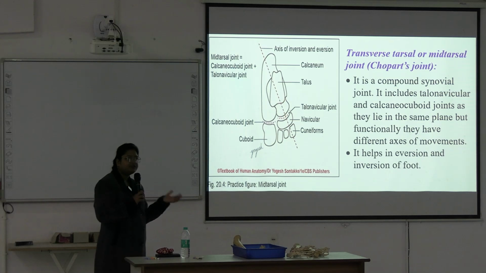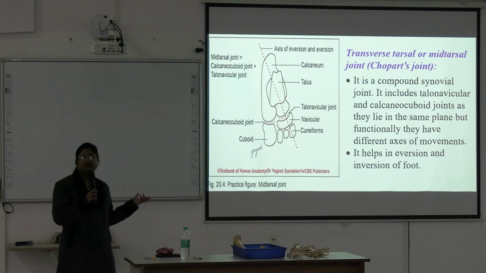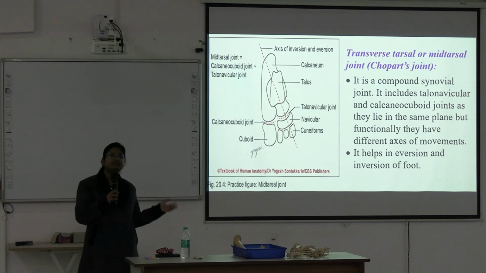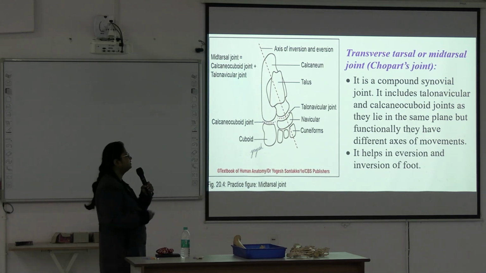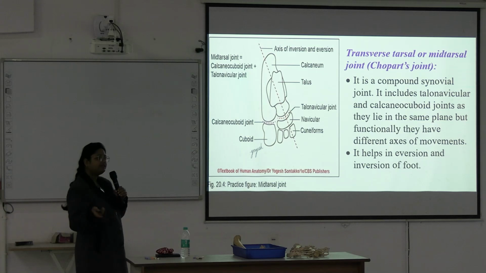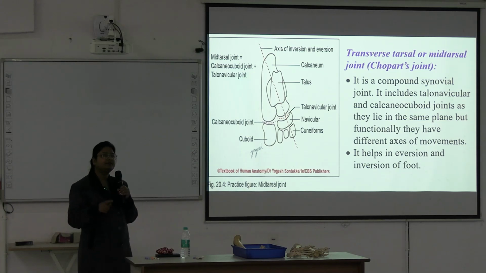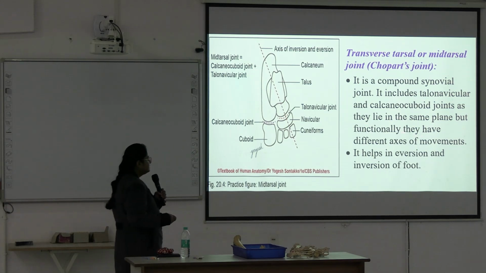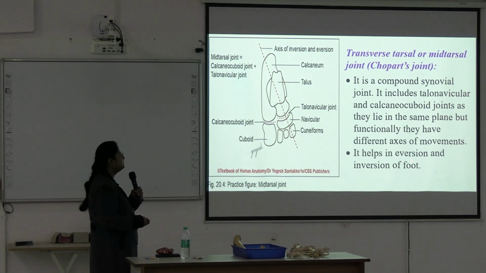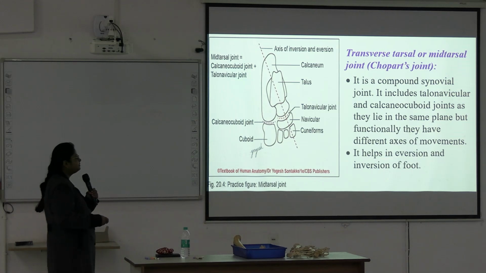So the subtalar, mid-tarsal and talocalcaneonavicular joints are all important. You have to know between which bones they are formed, and the type of joint. The talocalcaneonavicular is a ball and socket type of joint. The ball is formed by the head of the talus, and the socket is formed by three structures: spring ligament, calcaneum and navicular. The mid-tarsal joints lie in the same plane, but functionally they have different axes of movement. They help in eversion and inversion of the foot. Next